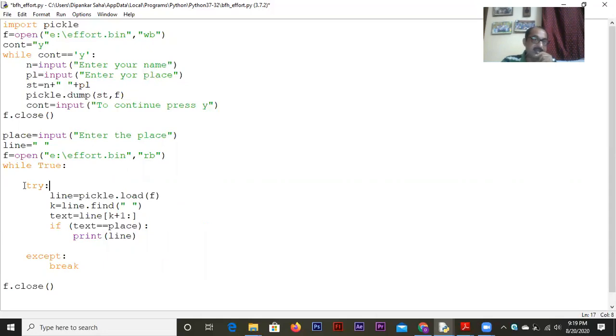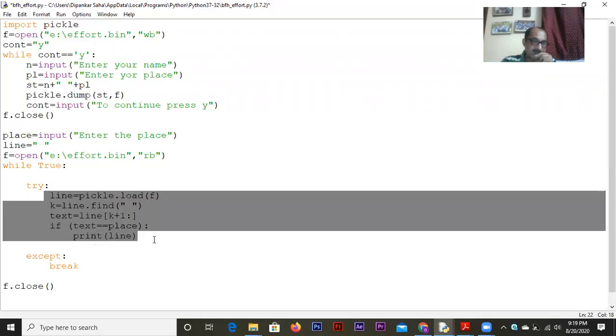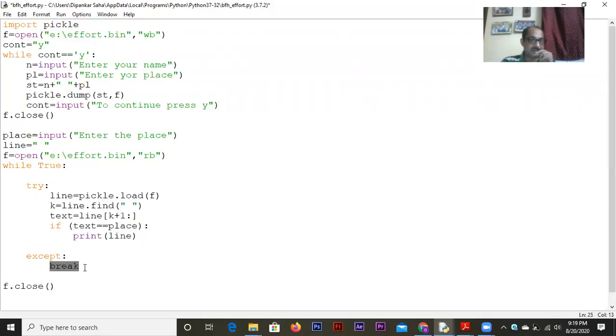And the reading, I explained in my previous video that you always do it in a try except block. In the try block, you write all the reading parts, and in the except block, you just write break. Except block is again related to that end of file thing, which I explained in my previous video. End of file is a situation when the imaginary pointer or the imaginary indicator moves after reading of every record or every line. So when that imaginary pointer reaches the end of the file, when there is nothing to reach, that is called the end of file situation.